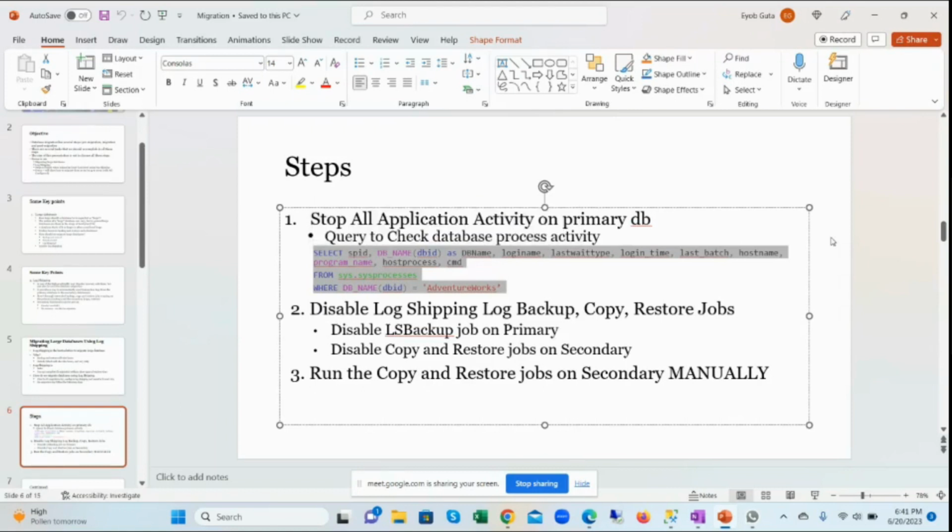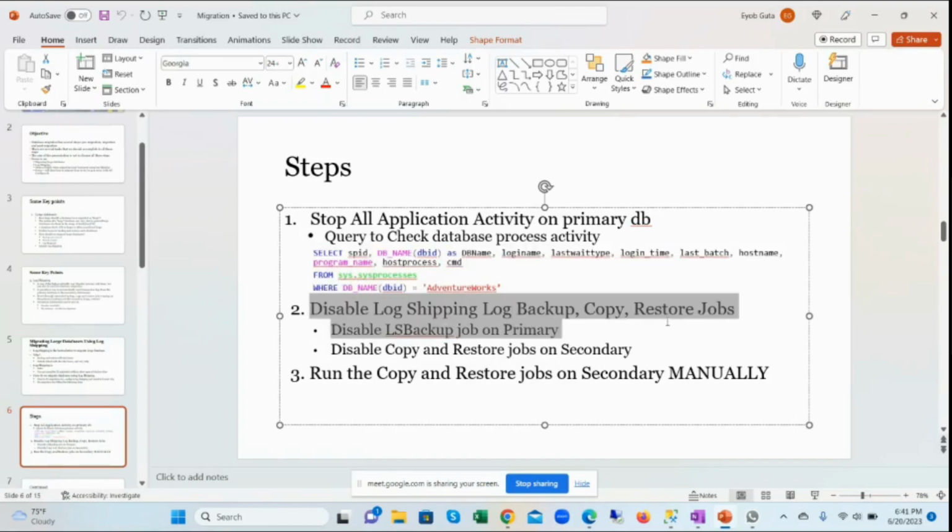Once I make sure that all connections to the database have been stopped, what I did was disable the log shipping jobs on the primary. I stopped the backup job. After that, on the three secondary nodes, I went and